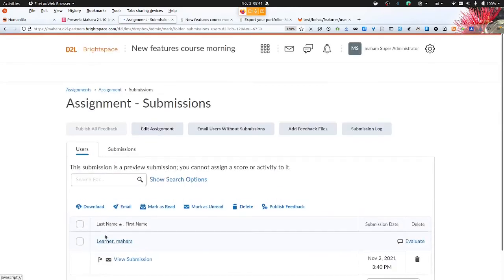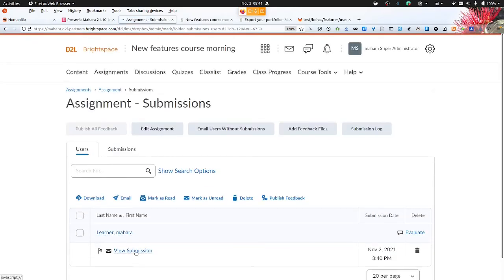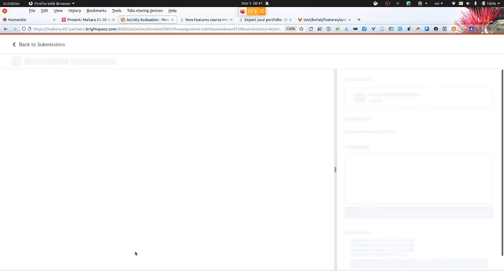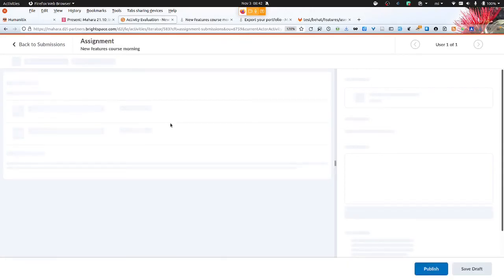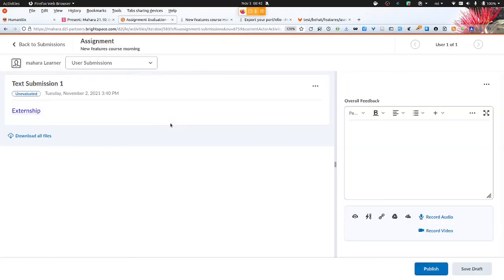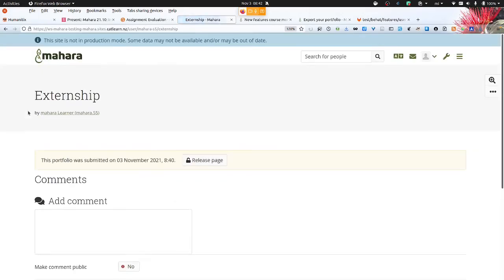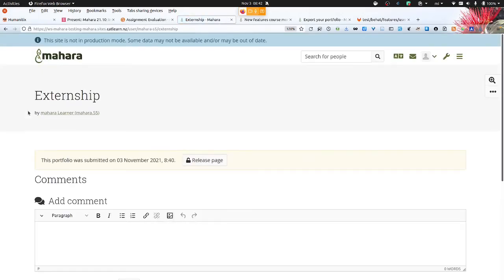I've got the text assignment from that one student, view the submission, and because it's a text submission, the text is displayed here on screen. And of course, in my case, the text only includes the link. So I've got the link to my externship, and the system authenticates me, and I see the portfolio for the student.